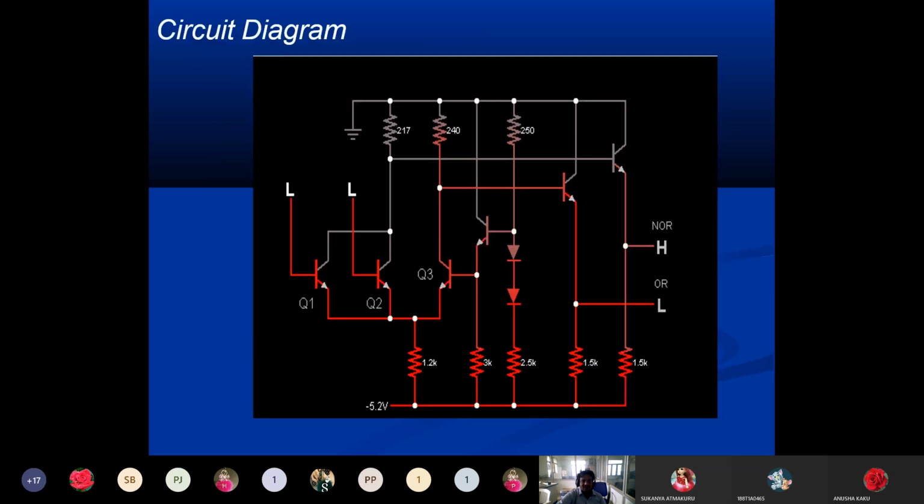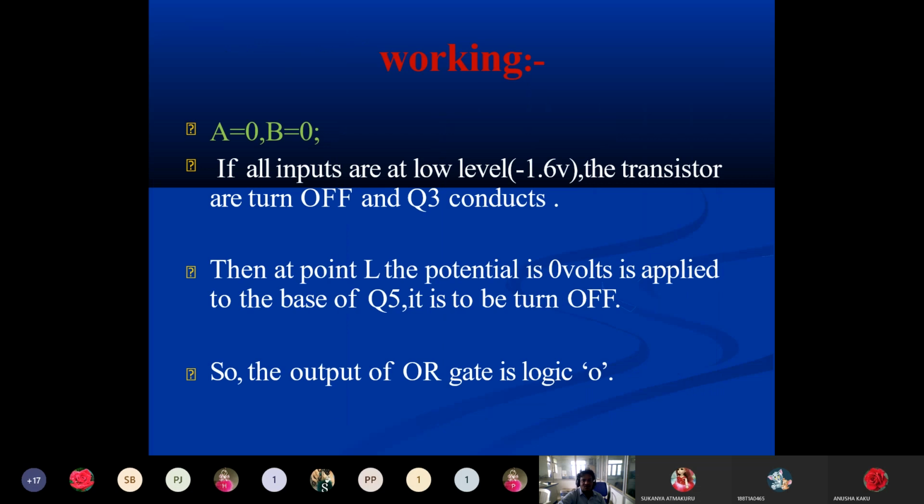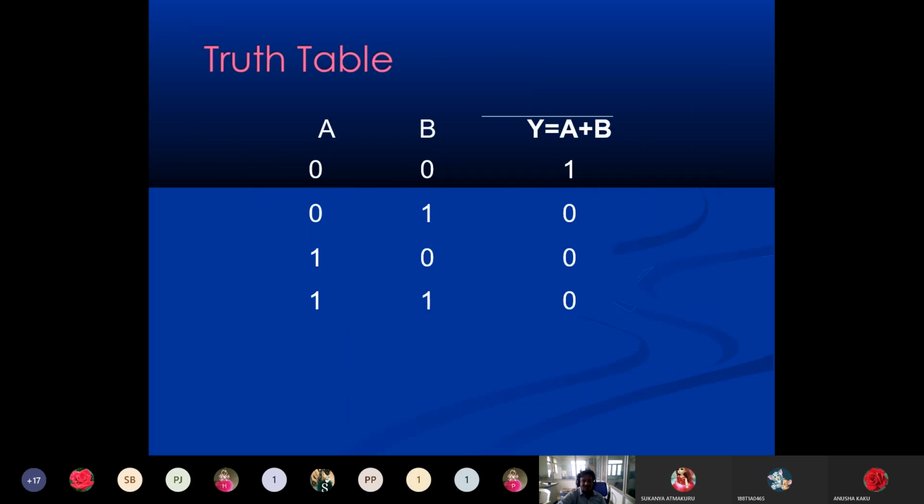Here we have emitter coupled logic, simply using two transistors. This is the four-stage ECL, and we have the two-stage ECL also. In this two-stage ECL we have a basic CML, the current mode logic circuit, also connected. For this we have to use the high voltage and the low voltage, so for the high voltage purpose and the low voltage purpose we have to use both transistors.